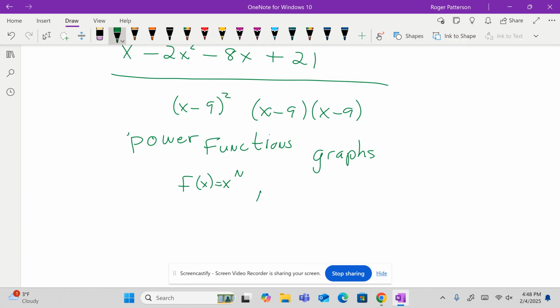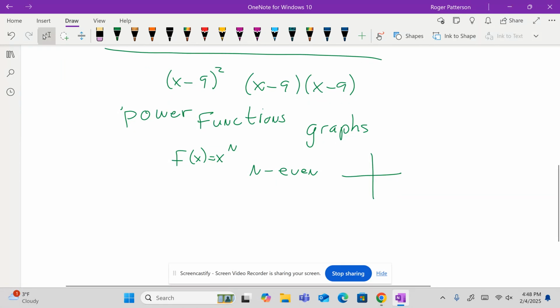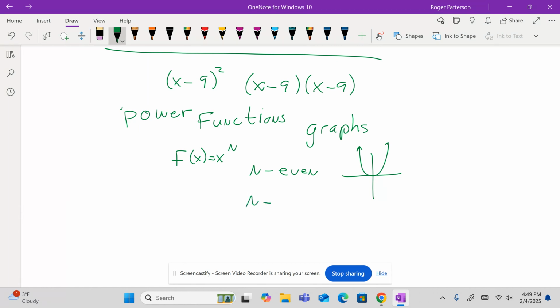Okay, so if n is even, what kind of a graph did we get? The even ones are the same and the odd ones are the same. Yeah, but what kind of graphs did the even ones give us? How would you describe them? U-shaped, right? They were like parabolas, but they were a little more flat. That's right. The higher the number, the flatter on the bottom they got, didn't they? Yep. And if n is odd,